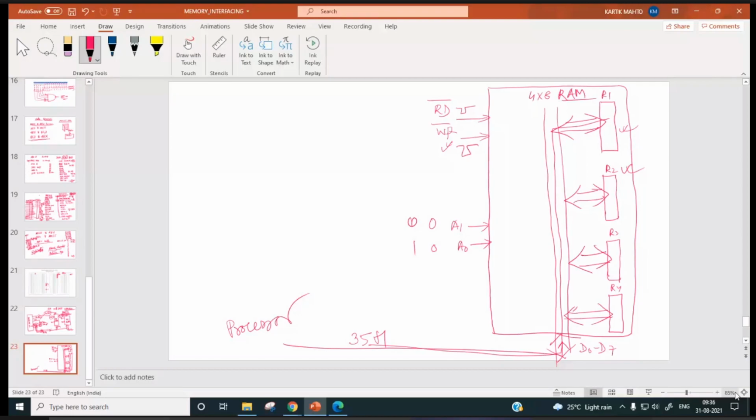If the processor puts this 01 address, the R2 value 35 will be stored. R2 will be 35. Okay. Now,